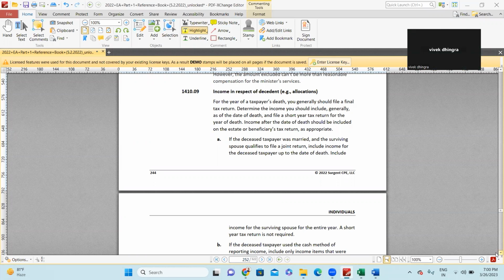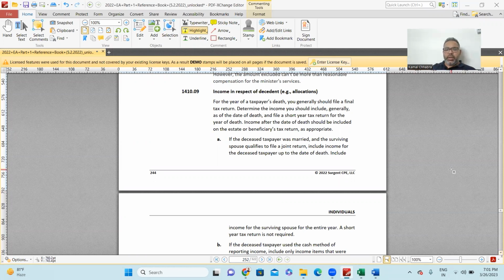So now just keep in mind these two scenarios. One, when husband and wife file together, they are filing the joint return. The other, when husband and wife are not filing together, they are filing separately. So when they are filing together, it's very simple. They need to file a joint return at the year end for this financial year. But when they are filing separately, let's understand what they need to do, one by one.